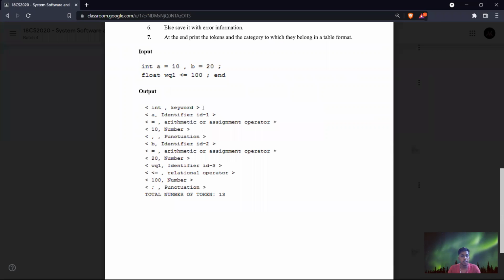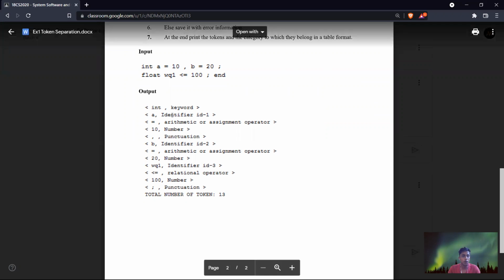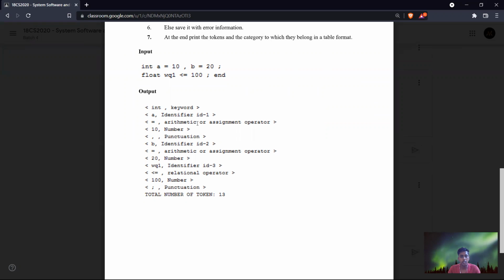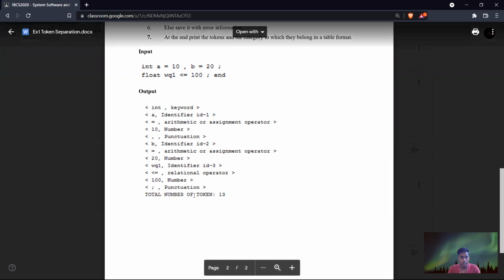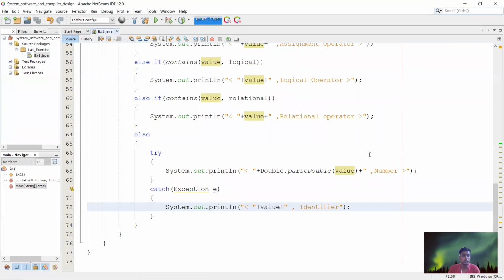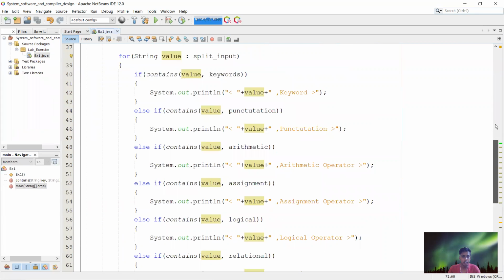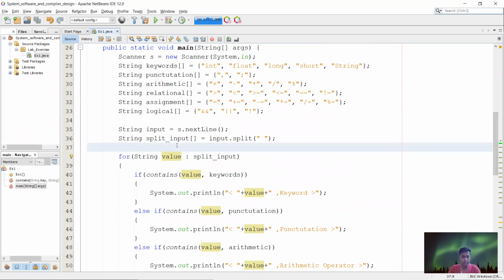But the thing is that they have been counted as identifier. So this is identifier 1, 2, and 3, and they have been printed as a number of tokens. So here is what we need to change.